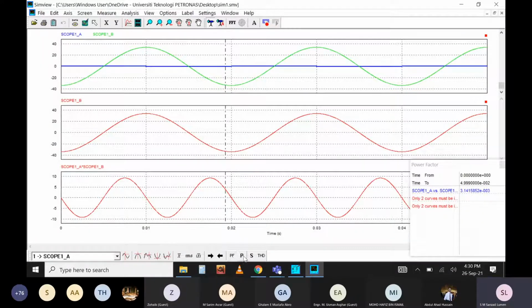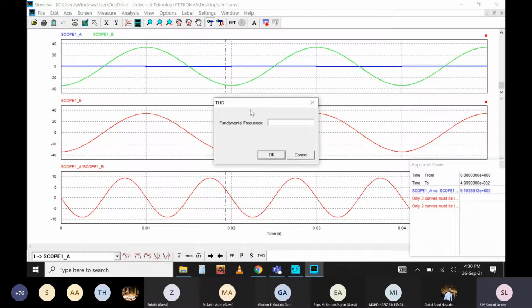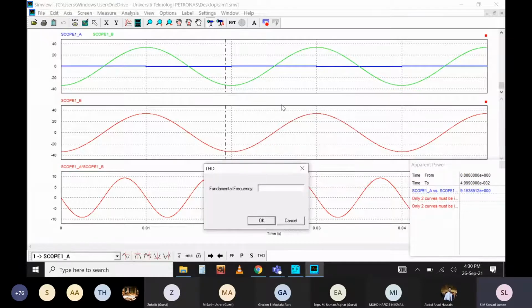You can also calculate the real power. Click on the real power, P. So this is the real power, and the apparent power, and the THD, total harmonic distortion. In order to calculate the total harmonic distortion, the software needs to know which frequency you are assuming as the fundamental one.